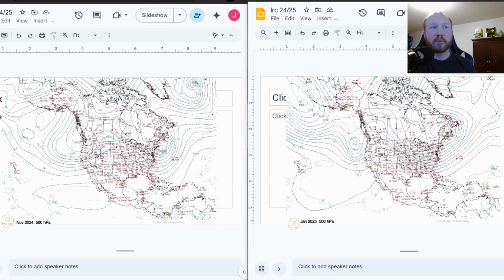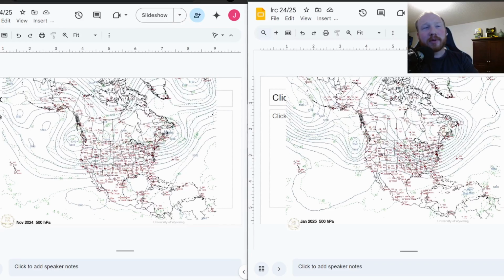Now I have a couple of upper air maps here, the 500 millibar level, 18,000 feet. This is our weather pattern, and I have these maps separated by how long the cycle is this year. Okay, so what am I going to be showing you here? First, on the left side is the second cycle of this year's LRC,